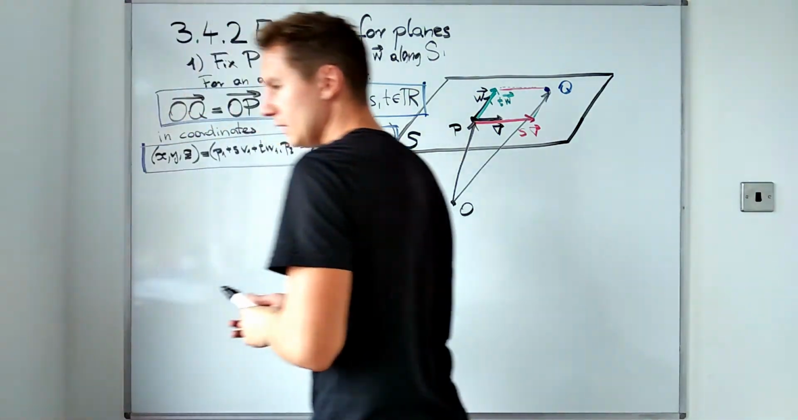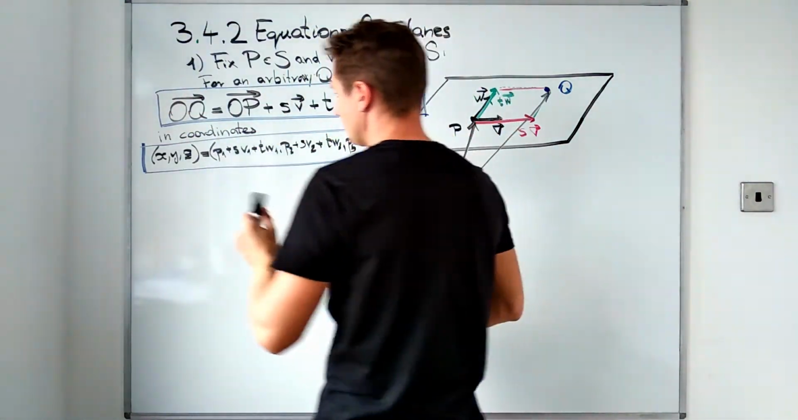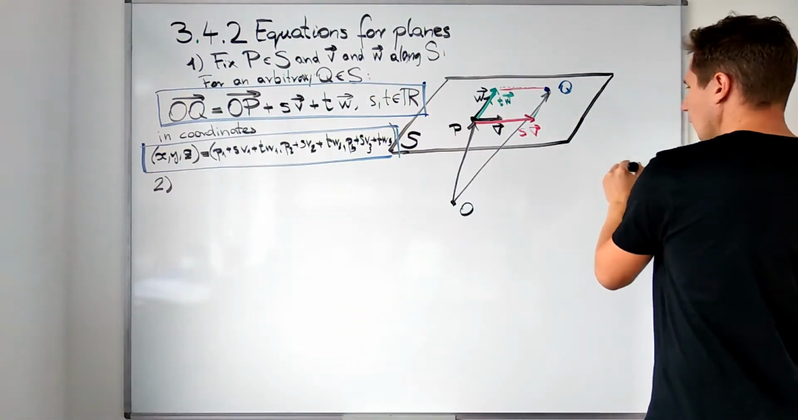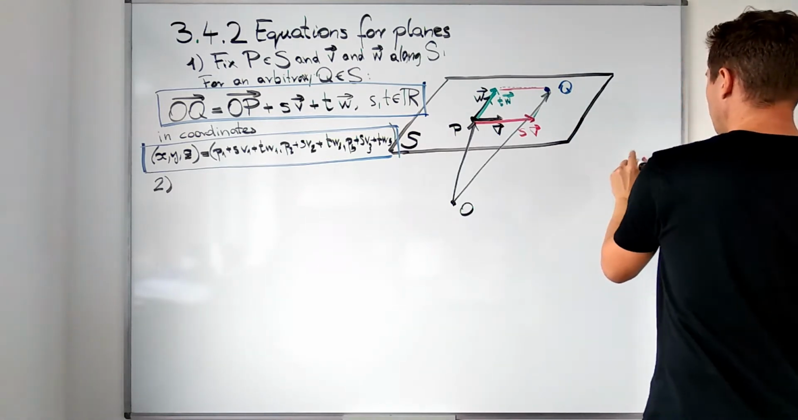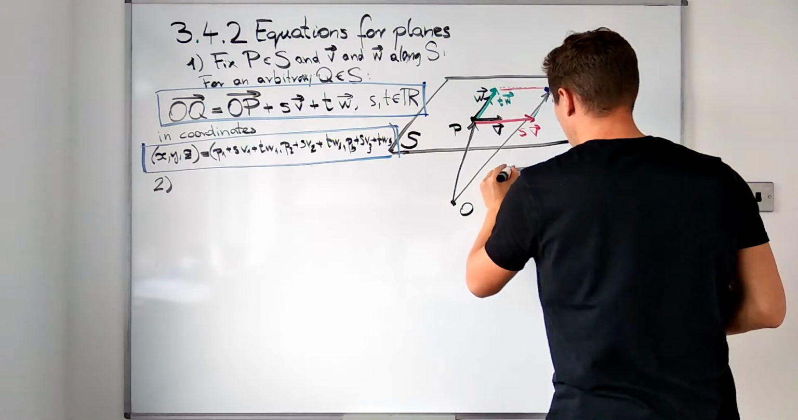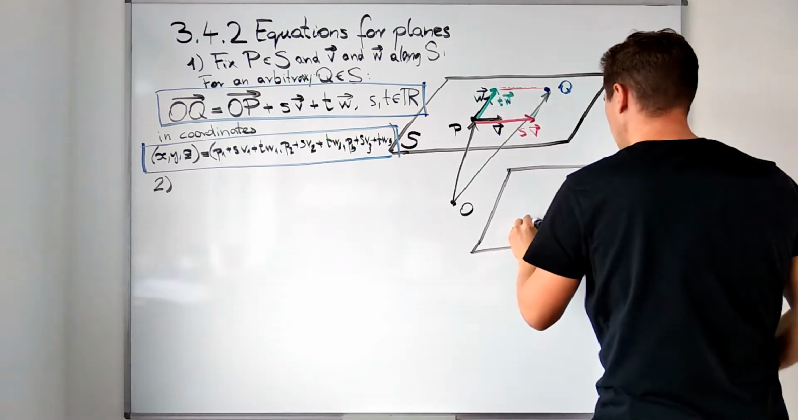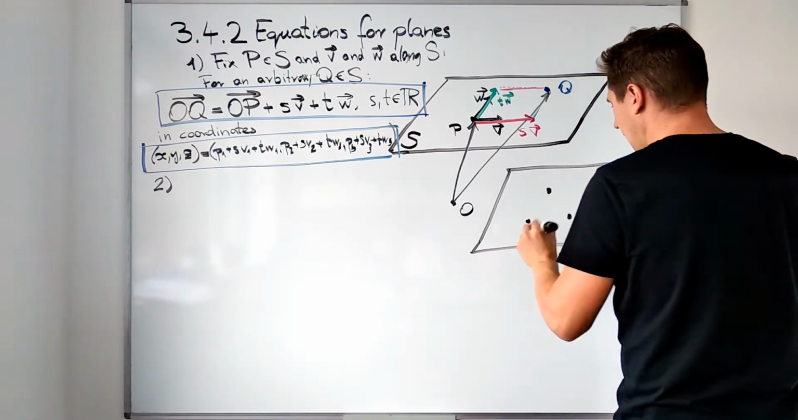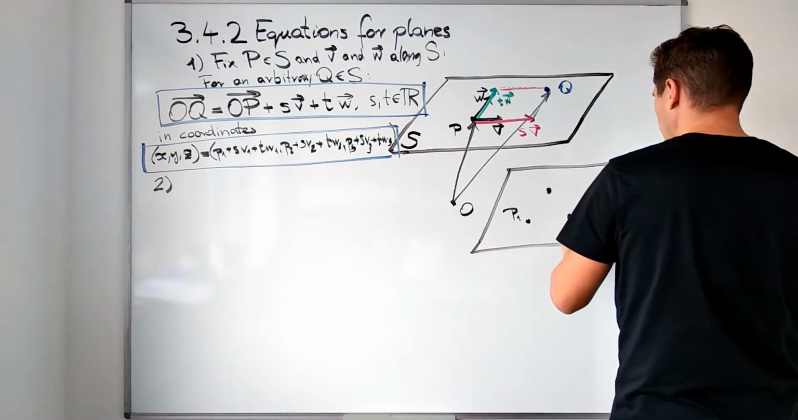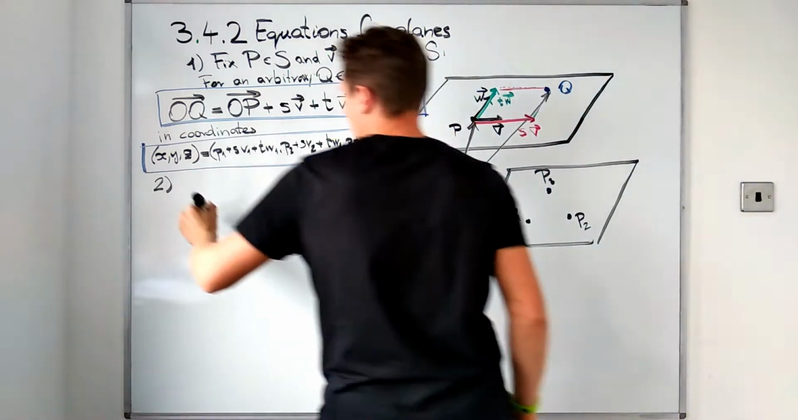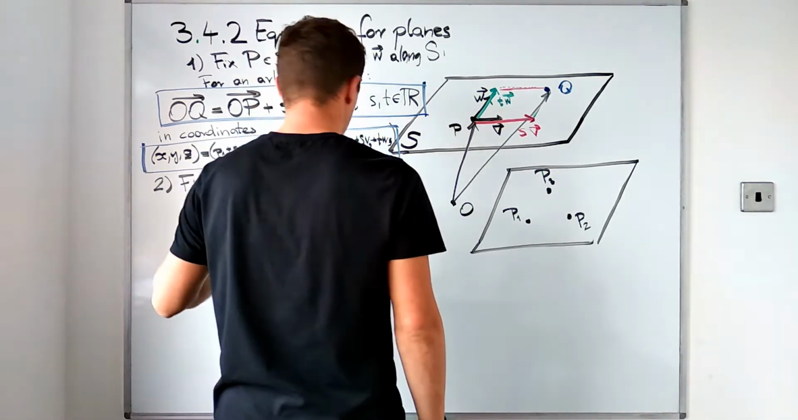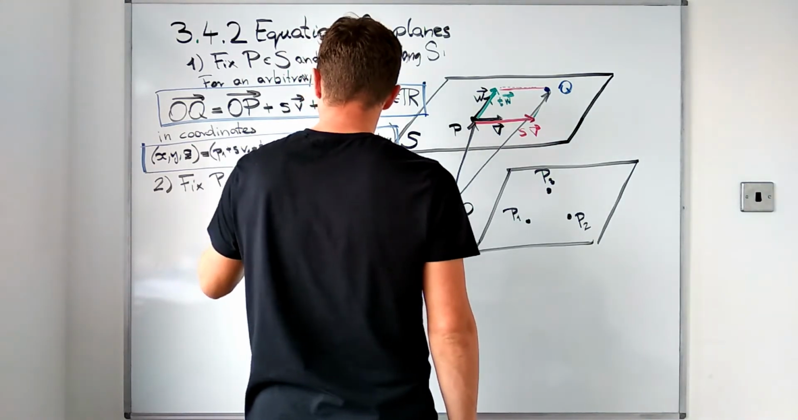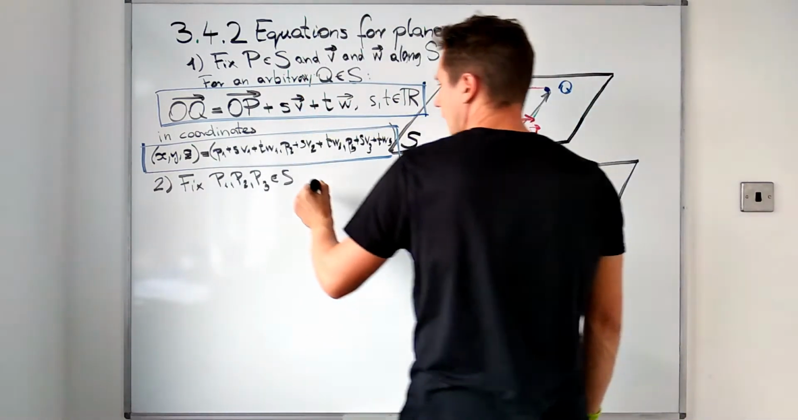Now this is of course not the only way of expressing or specifying a plane. We could also specify a plane with 3 points on it. So if we have a plane, let me draw another plane here, and we have 3 points that we know are on the plane, that are not on the same line. So P1, P2 and P3 are points on the plane,